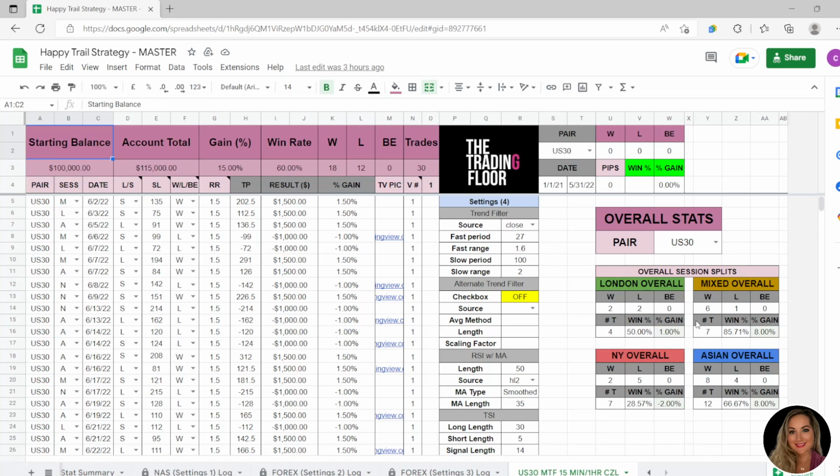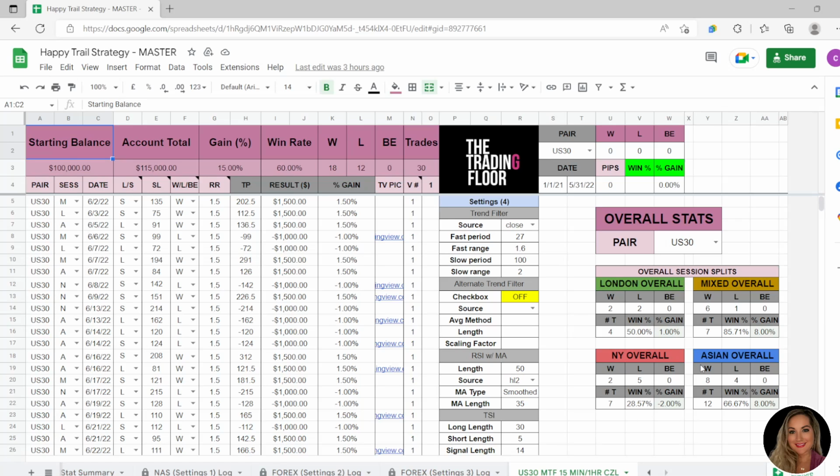They're all awake during the overlap of London and the beginning of New York. They're not really hanging around towards the end of New York. The volume and momentum you would need to push that trade in the correct direction for you to hit your take profit isn't really going to be there during the end of New York,